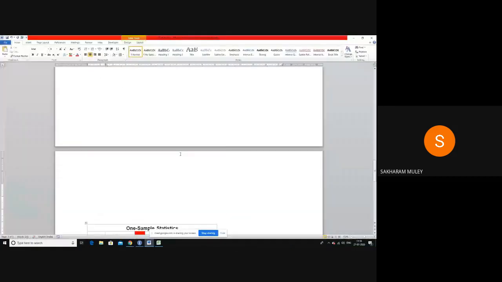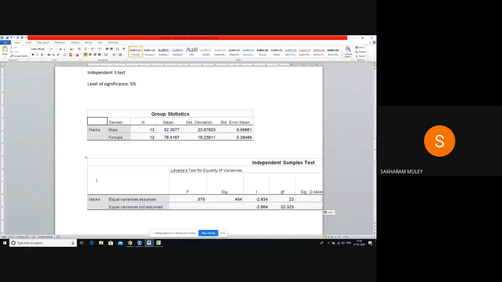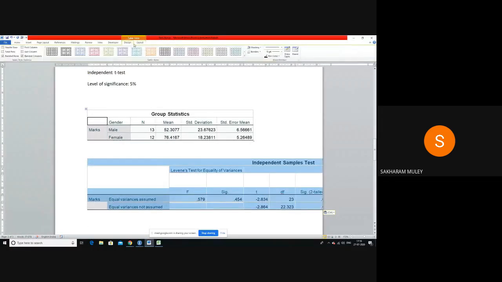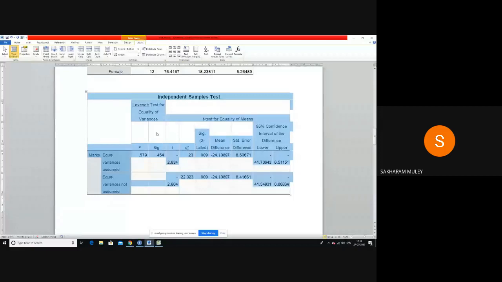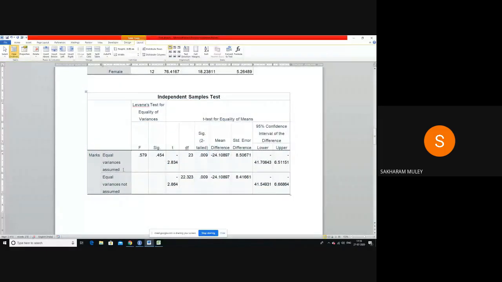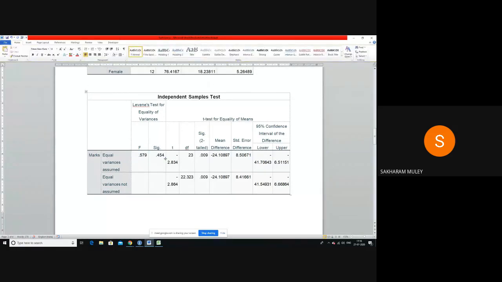The output is very interesting, so let us understand this output. What does it provide me? There are two rows: equal variances assumed and equal variances not assumed. So it is a t-test. Now the Levene's test for equality of variance comes automatically with the independent sample t-test. Here also the null hypothesis for Levene's test is that the variance between